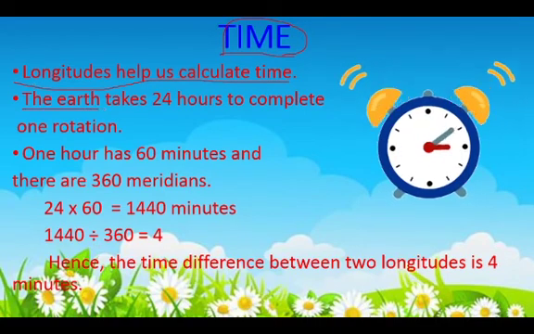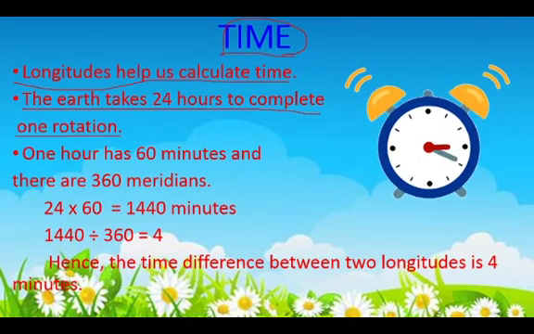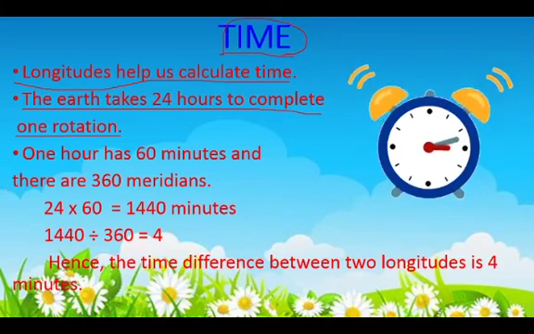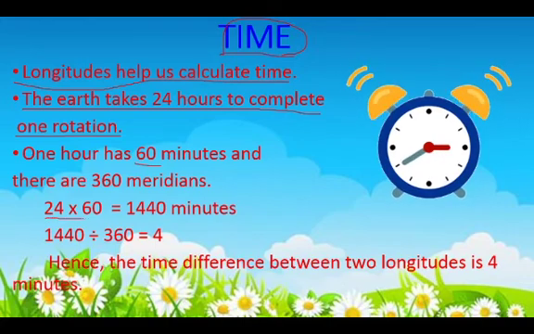The earth takes 24 hours to complete one rotation, isn't it? You know this very well. So, how many hours do we have? We have 24 hours for a day. So the earth takes one day for one rotation. One hour has 60 minutes, isn't it? So 24 into 60,